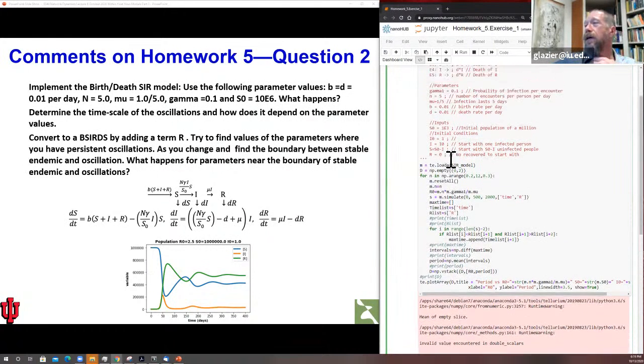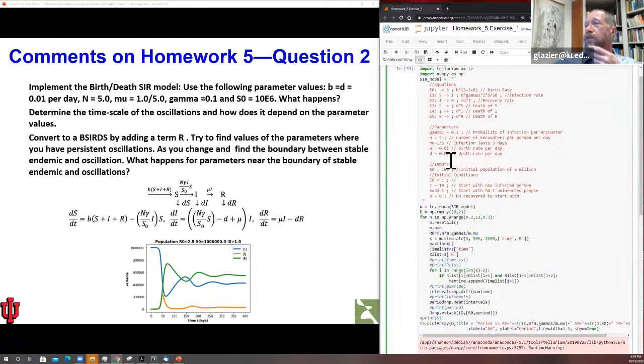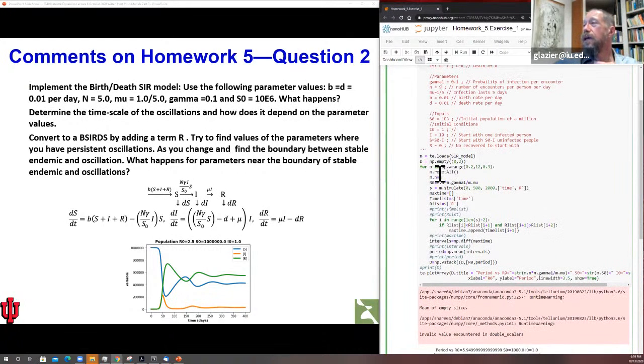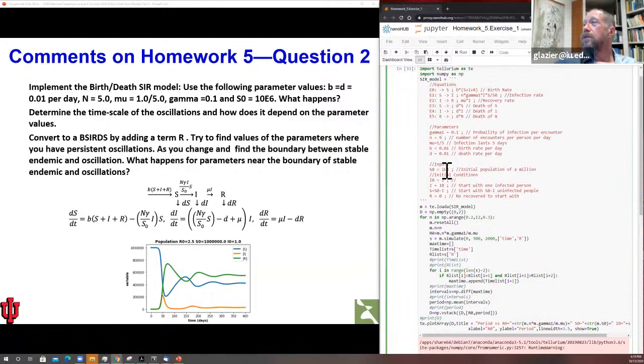So let's try that. Probably we need a different initial n. We need something a little bit bigger if we want that to behave properly. So let's make it something like 9. And then instead of changing R naught, let's change d. So our death rate could go